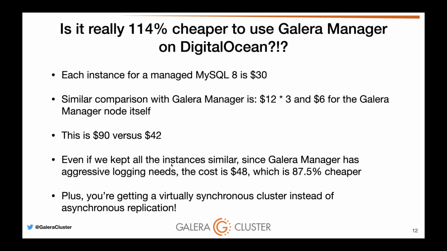So each managed instance is $30, and a simpler comparison with Galera Manager is basically 90 versus 42. We kept the instances similar since Galera Manager has aggressive logging needs. The cost could actually go up maybe $48, giving you about still 87% cheaper. Plus, you're not getting regular MySQL asynchronous replication. You're actually getting a virtually synchronous cluster. So it's cheaper and it's better. I mean, who doesn't like cheaper and better